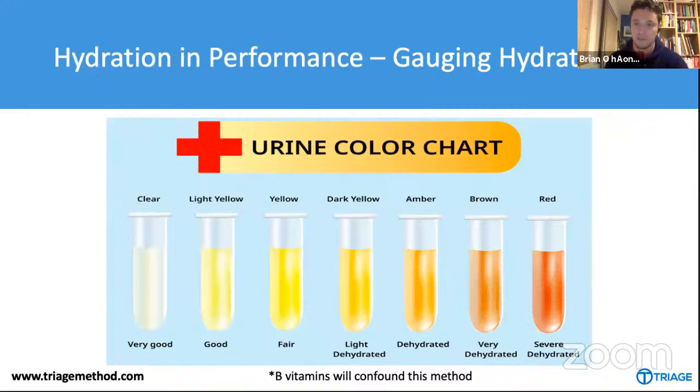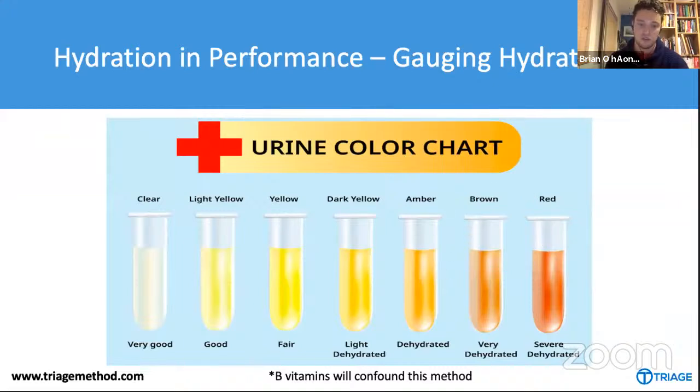Okay, so the next one is how we can gauge hydration. I may just make myself disappear if that's okay, so you can see the full slide. Gauging hydration, right? This is one easy way to do it. You can go by your urine color. You want to be over on this side where it's that pale yellow, borderline clear color. That will indicate that you are sufficiently hydrated. If you're over this side of the chart, you definitely need to be consuming more fluids.